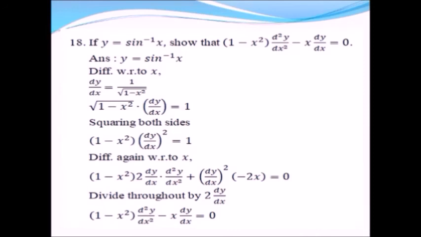Now tell me what is the differentiation of dy by dx whole square. Dy by dx whole square, differentiation is 2 into dy by dx into d square y by dx square. Using chain rule you will get that one, plus second function, that is dy by dx whole square as it is, differentiation of 1 minus x square is minus 2x is equal to differentiation of 1 constant is 0. Now throughout the equation, divide by 2 dy by dx, you will get 1 minus x square into d square y by dx square minus x dy by dx is equal to 0, which is the required equation, and